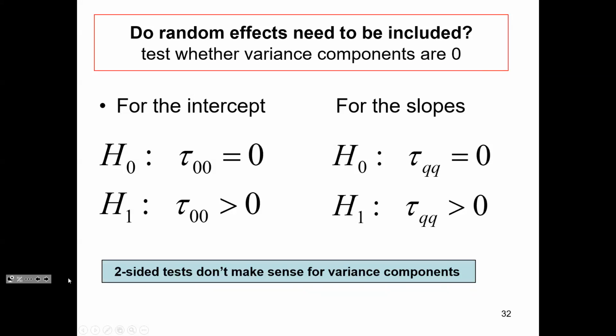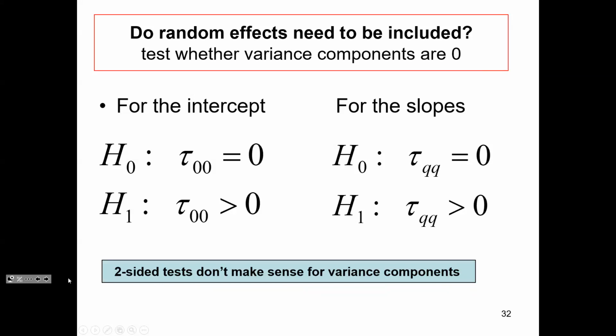Well, no, that's not a good guess, but think about variances. First, look at the hypothesis test. We don't test whether the variance is 0 or not 0. Variances can only be positive, right? So we're testing whether the variance is 0 or greater than 0, which means that the null hypothesis,